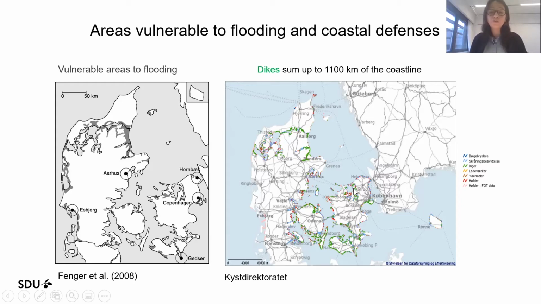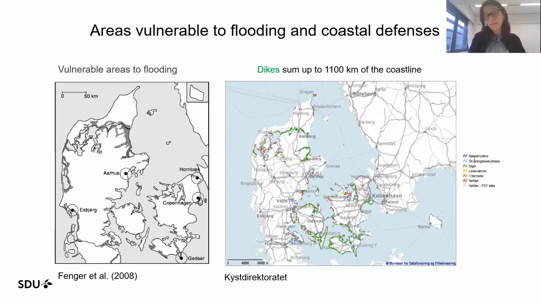And here I just show a map that I got from the Kystdirektoratet. Most of the coastal protections are dikes, and they sum up to about 1,100 kilometers of the coastline. In green, you can see how they are distributed over Denmark. And of course, it's to protect the areas vulnerable to flooding and storms, but the question is, were these dikes